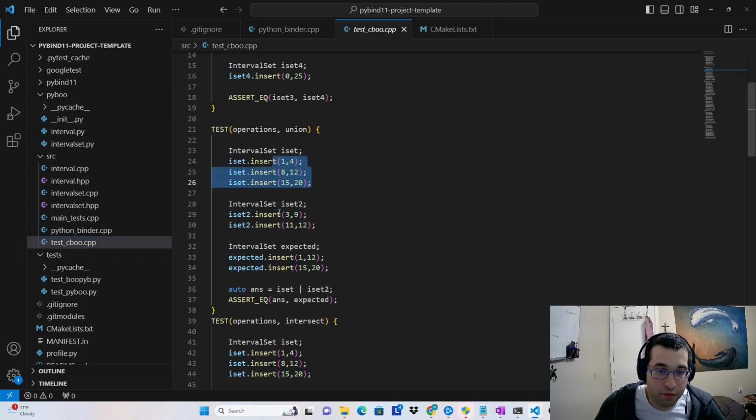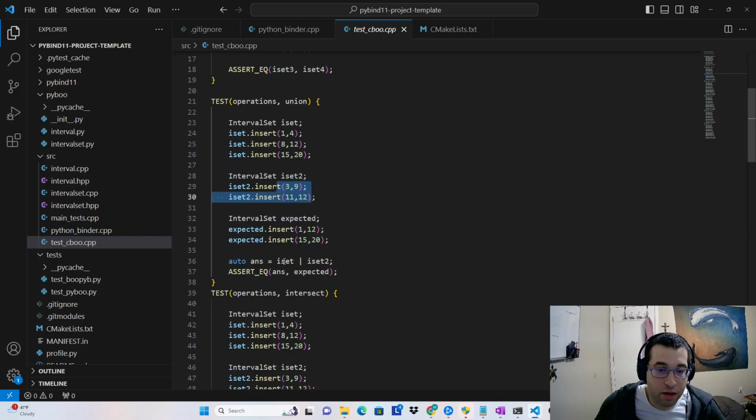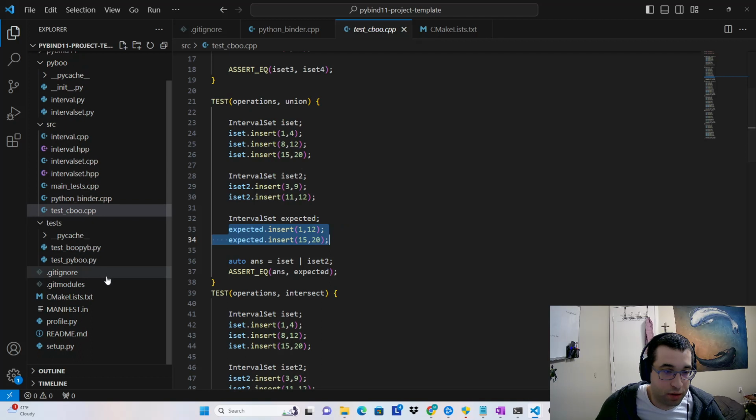This is a set of intervals. This is a second set of intervals. If we take the union of them, we would expect it to be a set of intervals with two intervals, one from 1 to 12 and one from 15 to 20. This is all standard Google test stuff, so we don't need to talk about it much, but let me walk